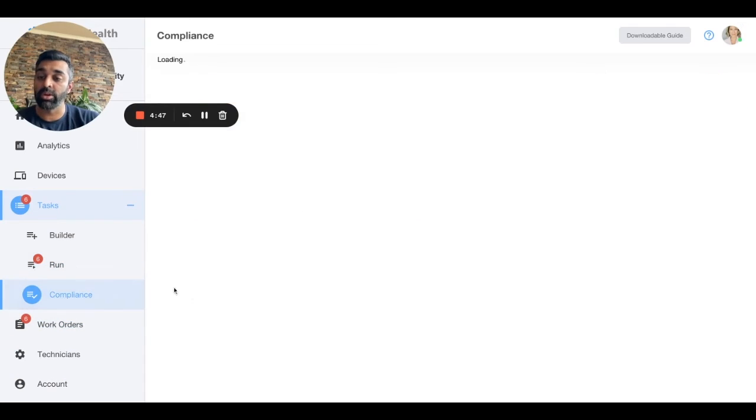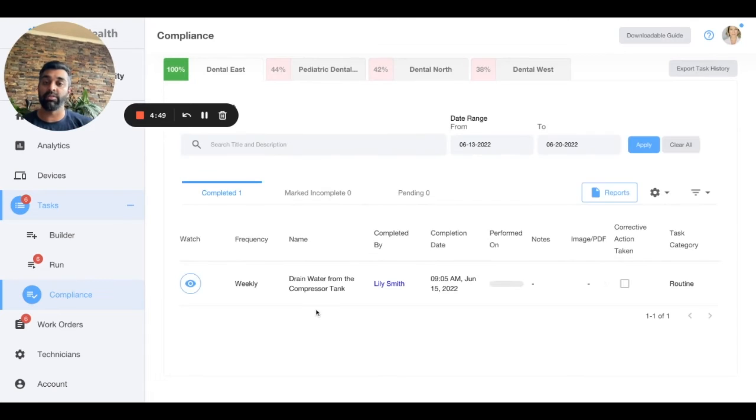Now for managers, we understand overview is definitely important. So here we give you the ability to see across all your locations. And based on where they're at in their score, you can see, well, 100%, that means I have peace of mind that everything is done. But what about the